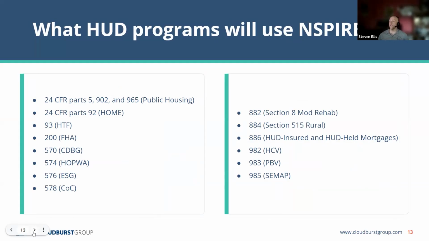This list comes straight from the regulations, so you'll see almost every HUD program fall under this. I'll also note there are a number of programs outside of this list that will also fall under it because their regulations will be updated. Once again, this is a big deal, which is one reason Inspire implementation has been a slow rollout, to make sure that if we change one piece of the puzzle, the rest of the puzzle doesn't fall apart.